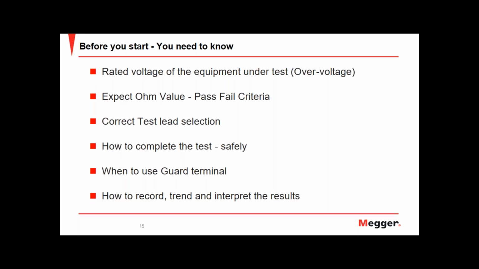And then we need to think about test lead selection. Are we going to be exposed to noise? Do we need to use screened leads? Do we also have a surface leakage issue? In which case we could use what we call a Gills kit, which is a guard insulator linkage kit. So we can link all the assets together that have a problem with surface leakage, and we can guard that